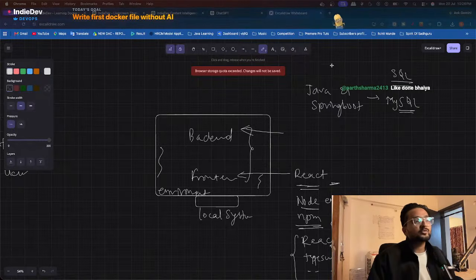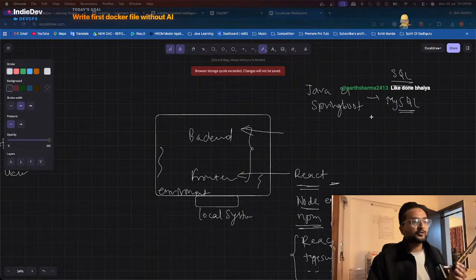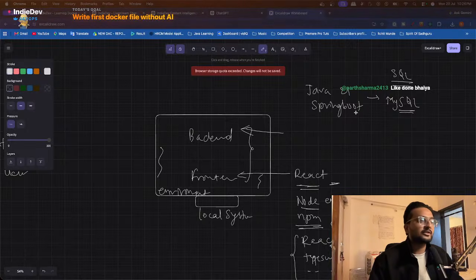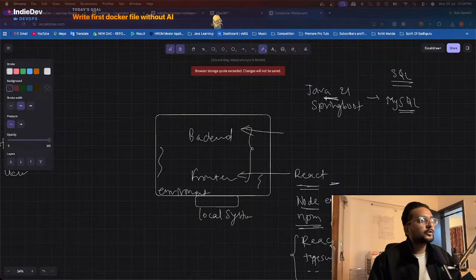ChatGPT suggested I use Postgres. I said MySQL is already installed on my system, so I'll use MySQL. Then on my local system, I have to go and install